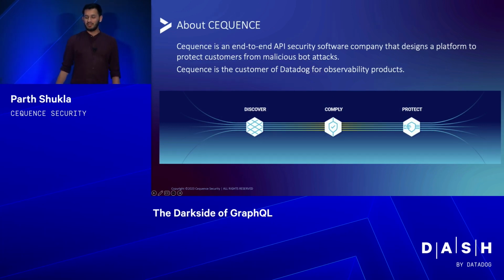Let's start. What is Cequence, or about Cequence Security? So we are an API security company. We do three major things: discover, comply, and protect. So we have a line of products which can automatically discover your APIs and protect them and find issues in them. And we are also a customer of Datadog. We use them heavily. So without any further delay, let's get started